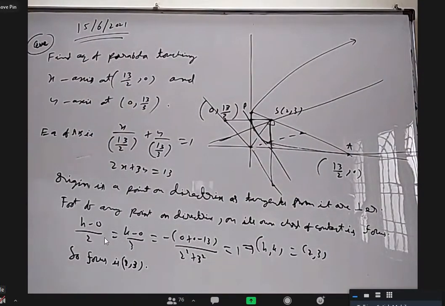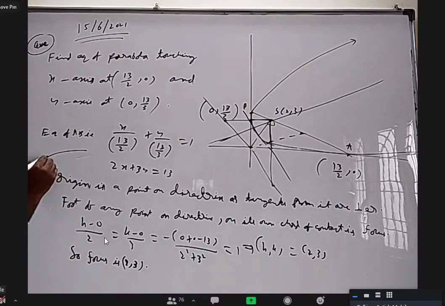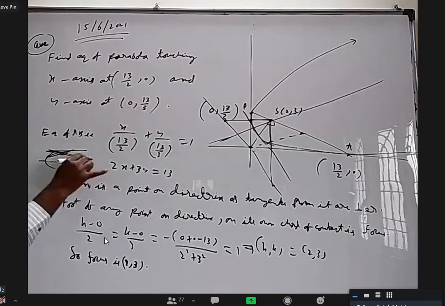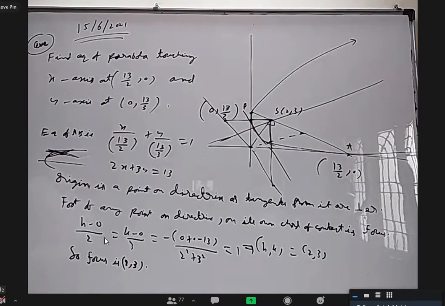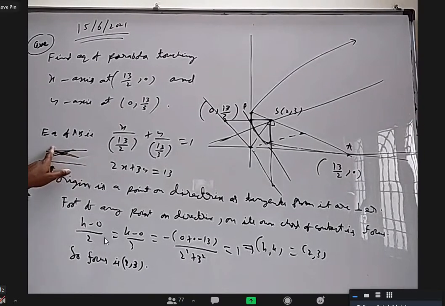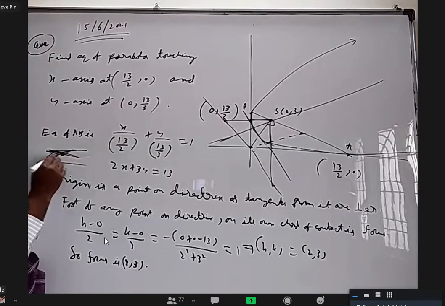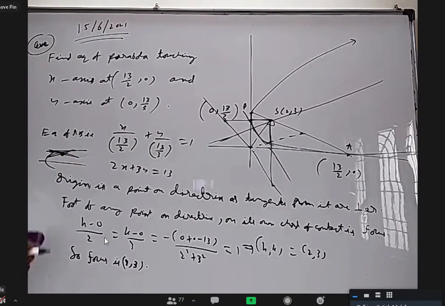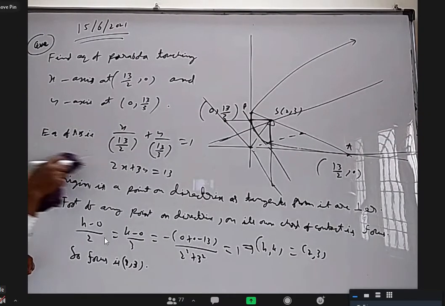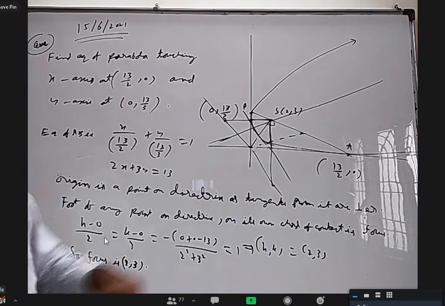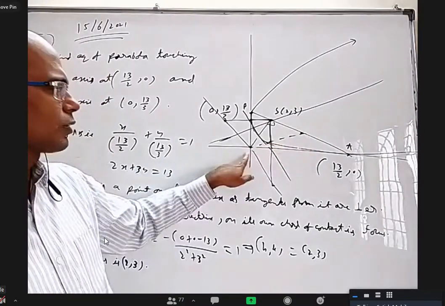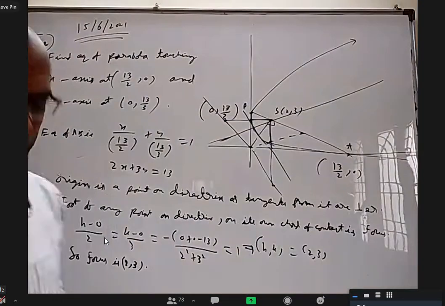Okay, we will discuss this property. I told you this, that you take any 2 points, draw tangents here, take this midpoint and this. When you join, it will be parallel to the axis, right? That is because the point of intersection of tangents at t1 and t2 is (a t1 t2, a(t1 + t2)). So this midpoint's y coordinate is a(t1 + t2), and this point's is also a(t1 + t2). They are on the horizontal line. So if you take the midpoint and join, you can say the directrix is perpendicular to that.